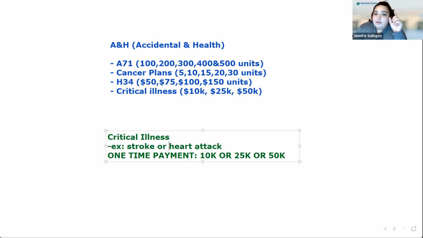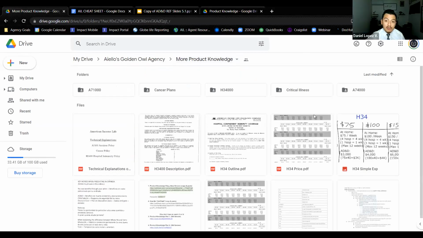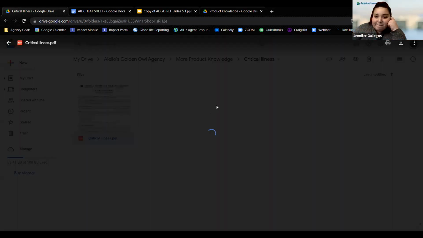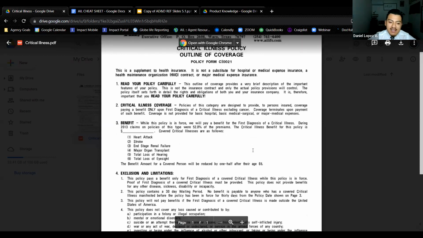So I have a question. Why is the critical illness only for adults? That's a great question that I never asked myself. It's just what's available, only for adults. Okay. If you want to look more into detail, let's look again. Does this expire? Product knowledge. Great question. Critical illness right here. No, it does not. I don't think it will say why it's only for adults though. No, actually, I read this whole thing. It does not say why it's only for adults.